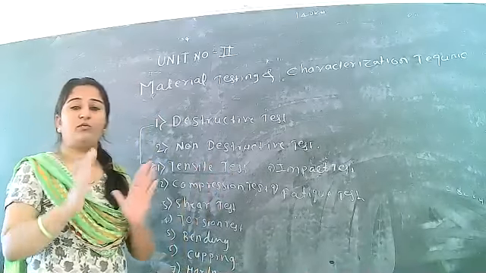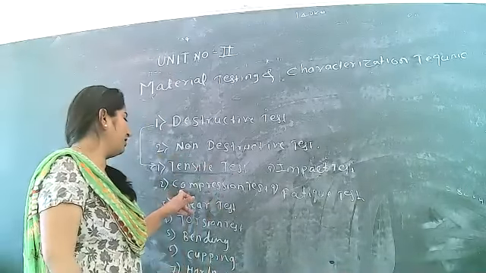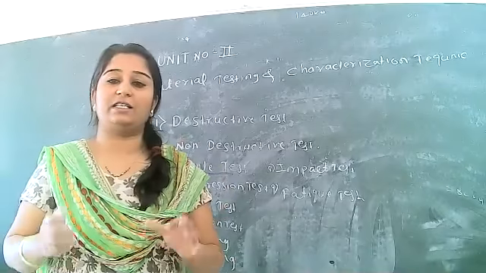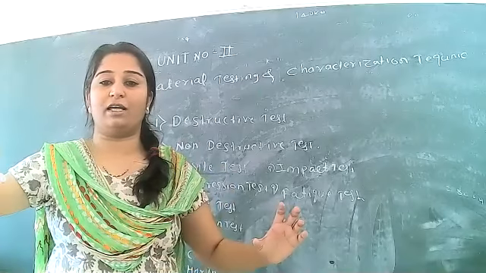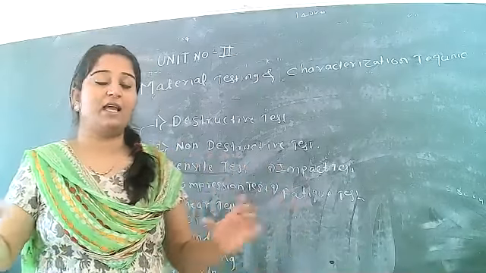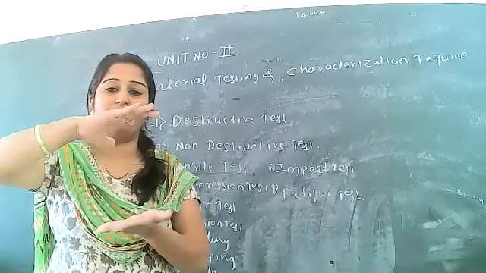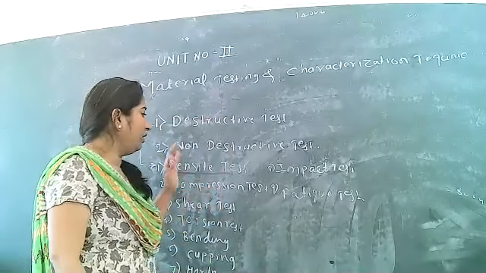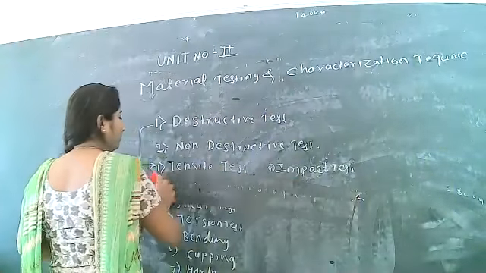Now, the compression test. We are going to find out the compression strength of the metal with the help of this test. It is exactly the opposite of the tensile test. In the tensile test, we pull the material away along its axis, and here in the compression test we are going to push and compact that material from both sides of the metal. That is called the compression test. Now, what are the destructive tests present to study that we are going to list here?